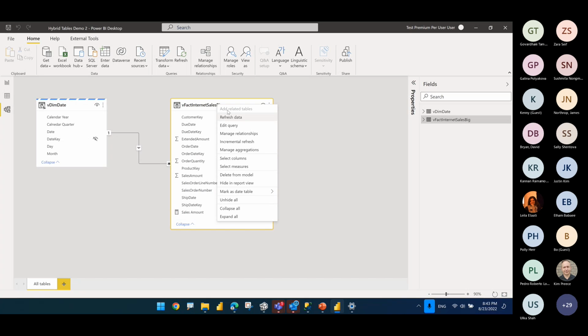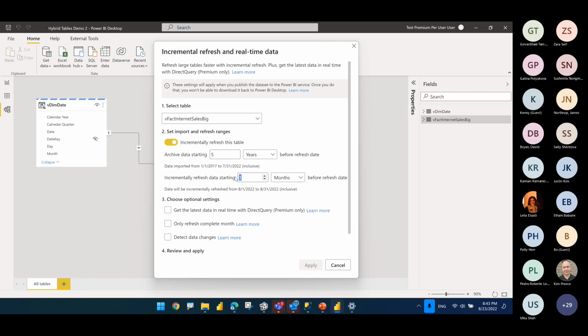So I'm going to go back here, back to incremental refresh. I'm going to change this a little bit so we can run some queries and see data changing, okay? So I'm going to change this to the last 7 days. All right, so we still want the last 5 years. And by the way, the years, it creates whole years. If you say the last month, it's not the last 30 days. It always finds whole chunks of calendar periods to do the partitioning. So we still want the last 5 years, but we only care about the last 7 days.